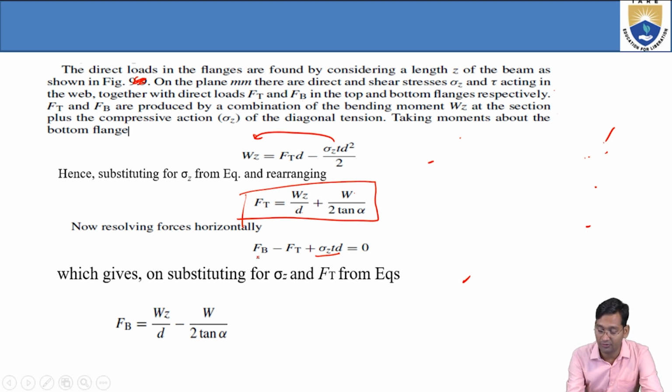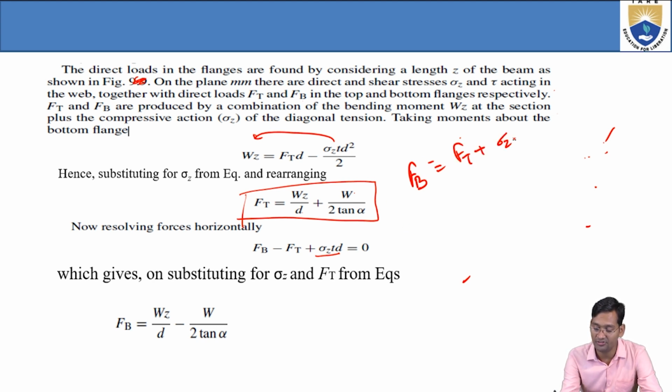So now what we have to find is FB. FT we found, now FB we have to find. So from this what we have, FB equals to this, come this side: FT plus sigma Z into TD. And FT, what we got? This is WZ by D plus W by 2 tan alpha,